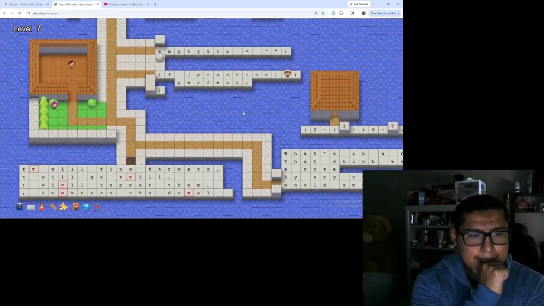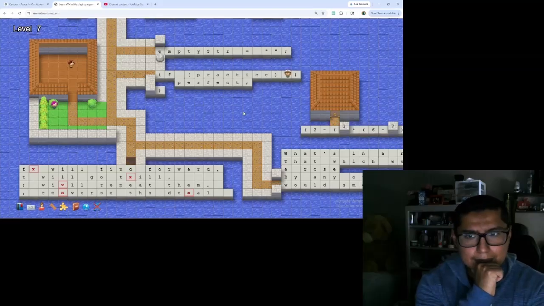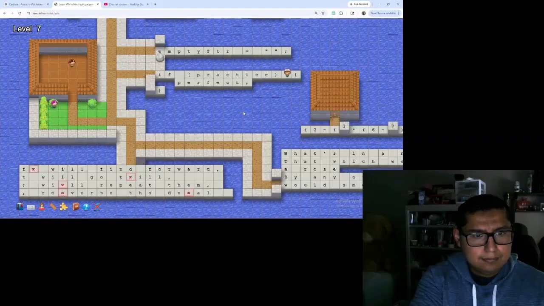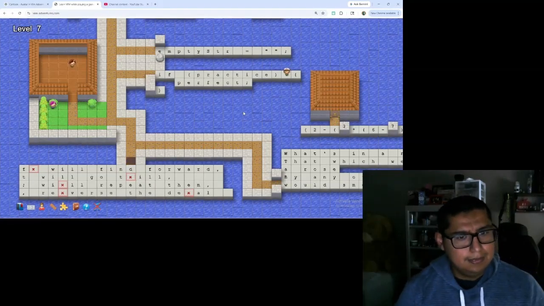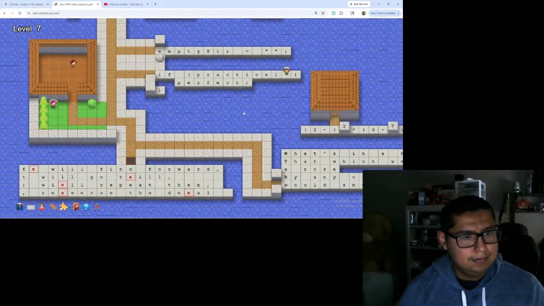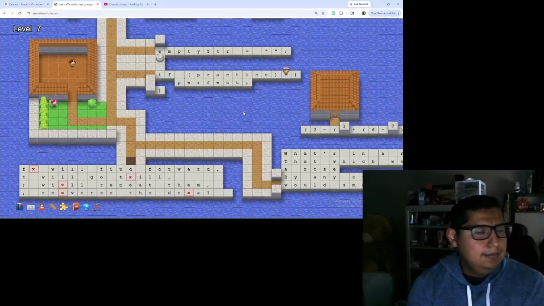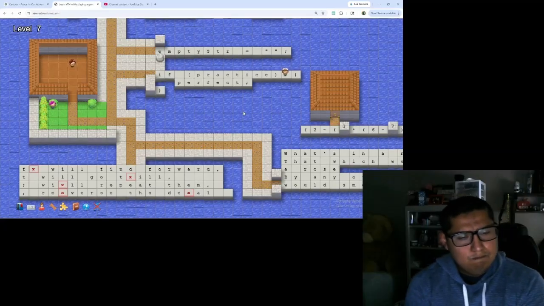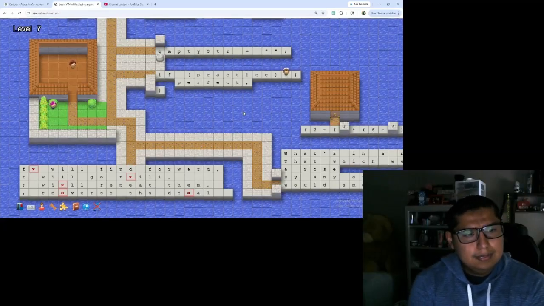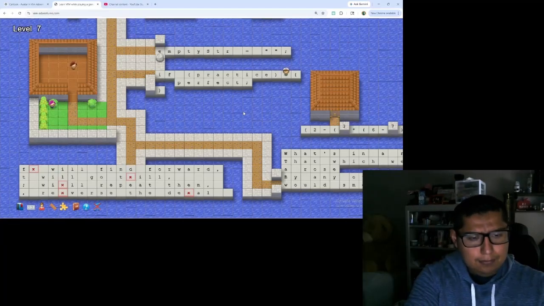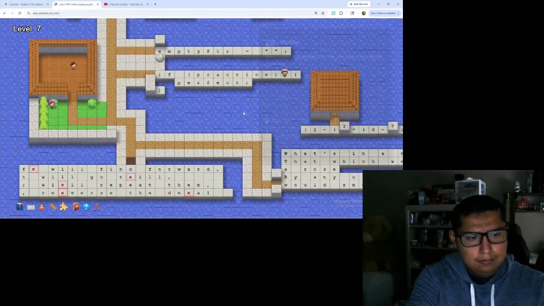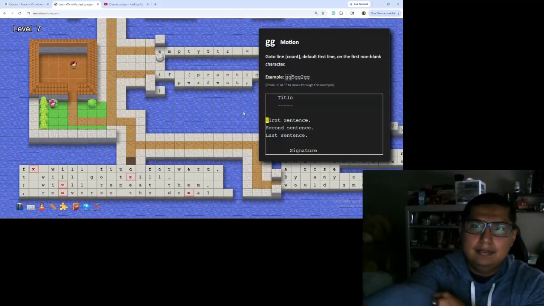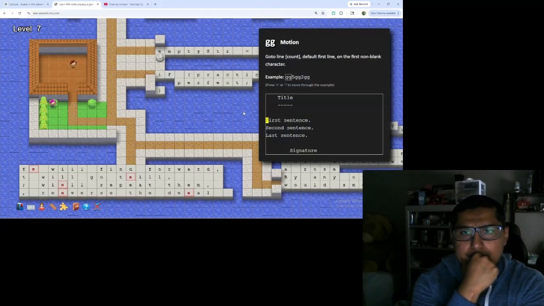Would I be able to use it in this one, or do I need to get something from over there first? Because does the Cap G and the G help me for go-to line? Default first line. Okay, so GG,